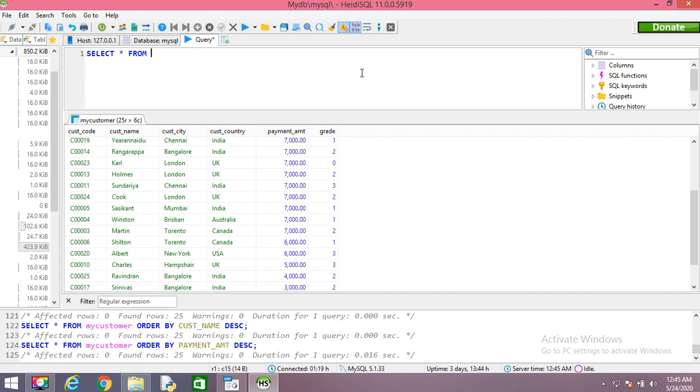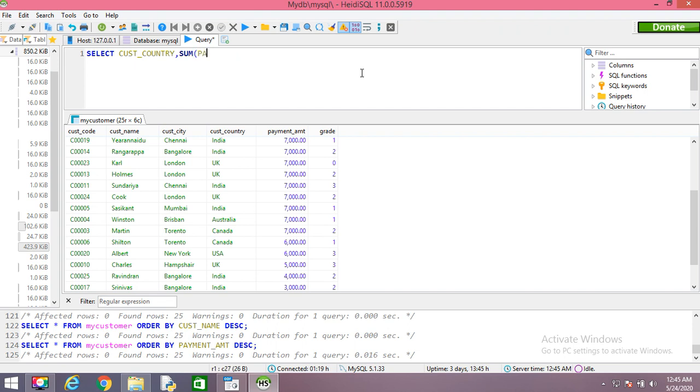So for the syntax, first write the column name in which I want to group. So this is the column name, and then I have to write the method. So I want the summation, or total payment amount.